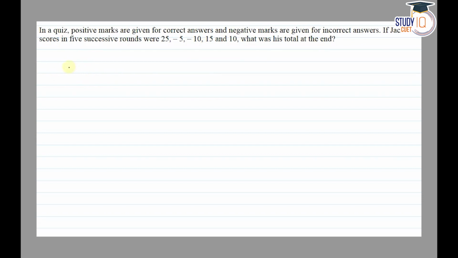So we have Jack's scores given in 5 successive rounds: 25, minus 5, minus 10, 15 and 10, and we have to find out Jack's total score at the end. So we take the sum of all: 25 plus minus 5 plus minus 10 plus 15 plus 10